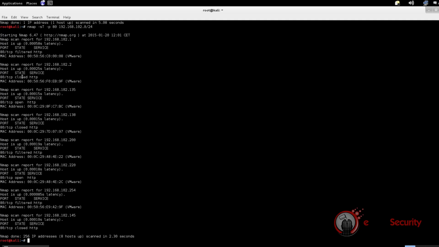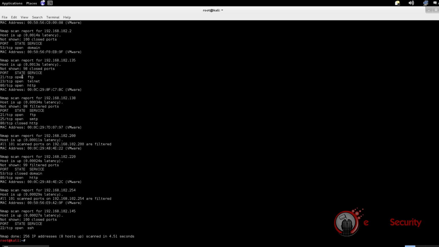Besides using the single port definition in Nmap, we can also run a scan on a range of ports. We will try the same scan again, but with a port range from 0 to 100. In the output, we can see that Nmap has returned the systems with any port in the range from 0 to 100. Knowing the open ports is important, but it is also important to know the service that is running